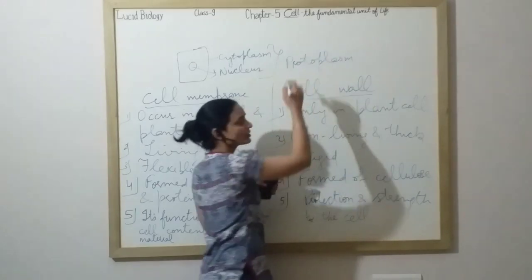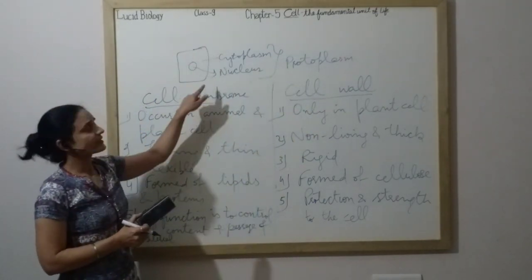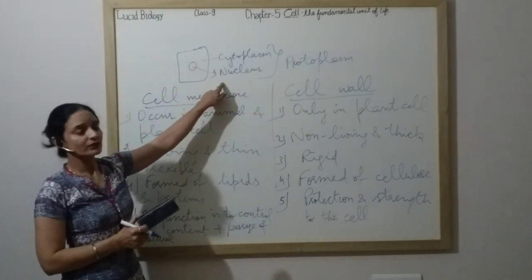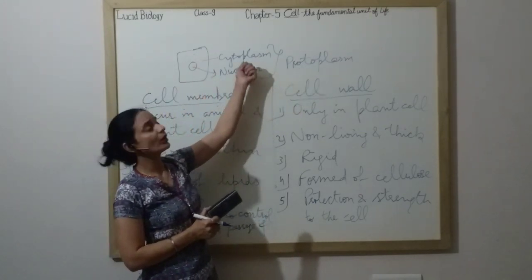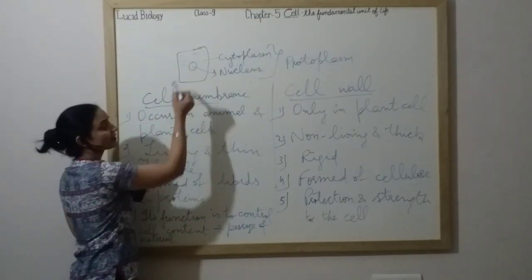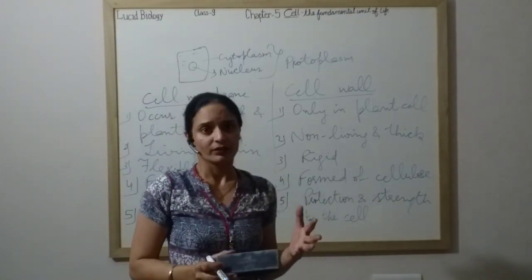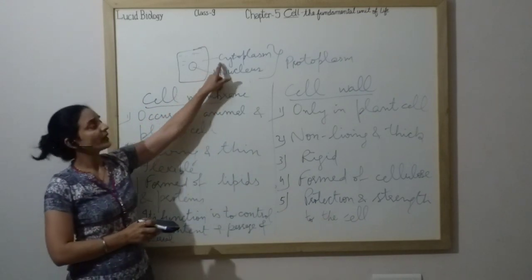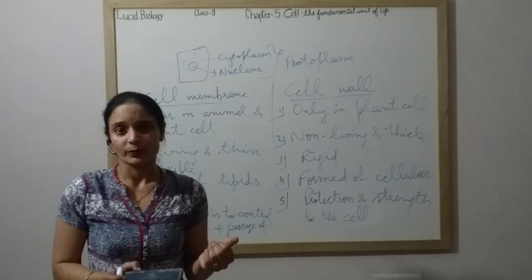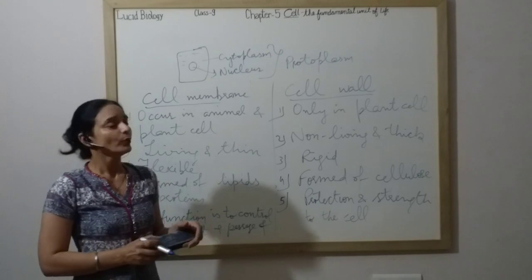Together they are called protoplasm. As I told you in the definition, a cell is a tiny mass of protoplasm. Whatever is inside the membrane, that living matter is protoplasm. Excluding the nucleus from protoplasm, that is called cytoplasm. Now, what is cytoplasm? It is a jelly-like substance. It is living. It has different cell organelles which are freely floating in it. Basically, the main function of cytoplasm is to provide space for metabolic reactions to take place, because all organelles are there which are specialized in their function.